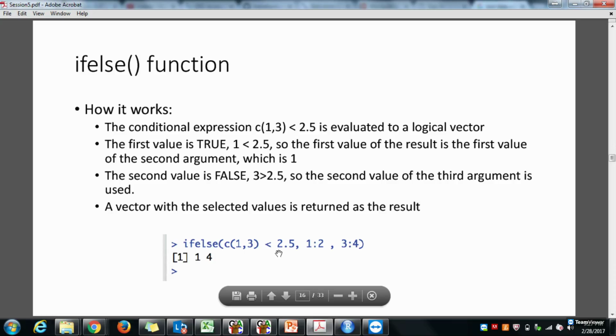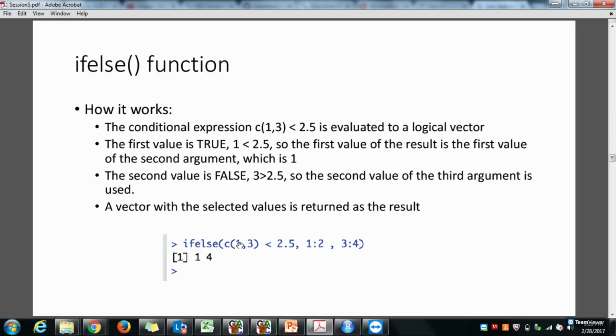What it's going to do in this case is, 1 is lesser than 2.5 is true, right? So it's going to go to the second argument. This is the argument that it needs to print when the condition is true. But there is no one value. There is a sequence here, 1 and 2. So it's going to pick 1 over here,